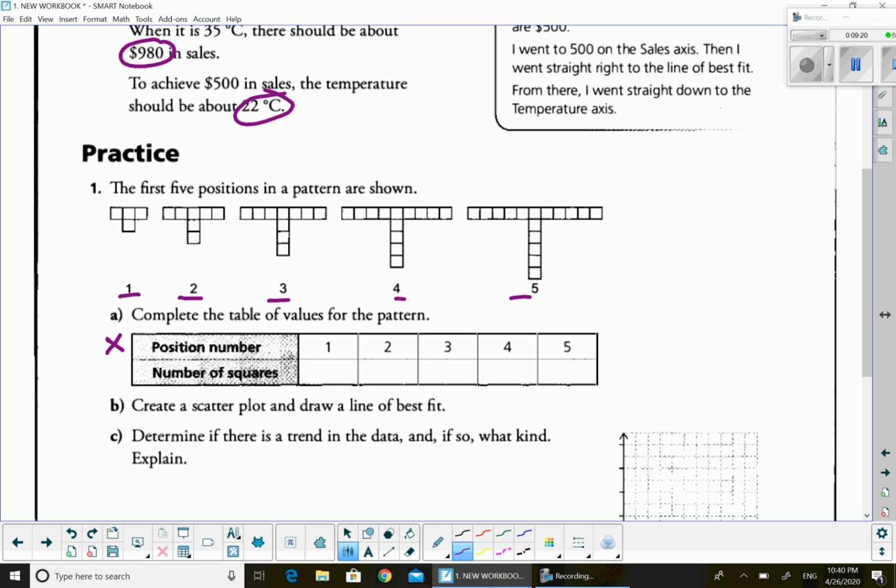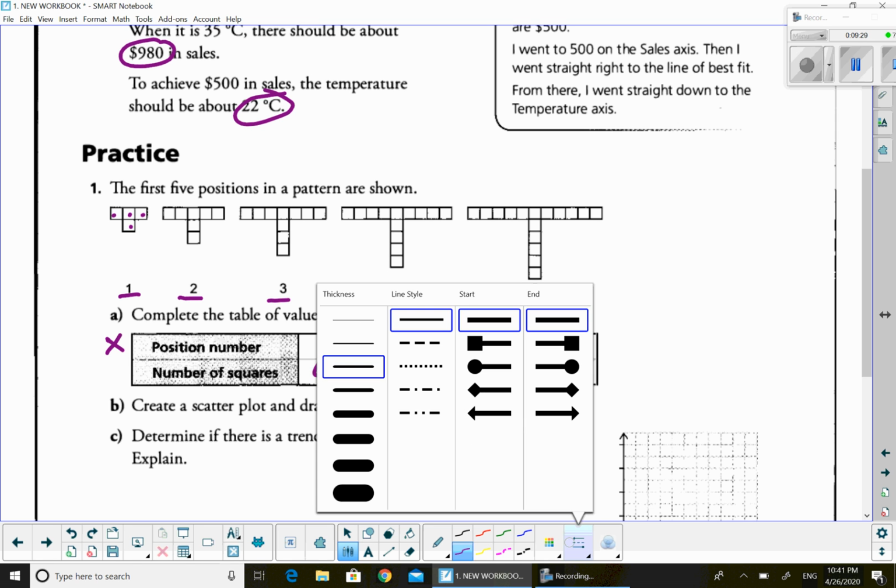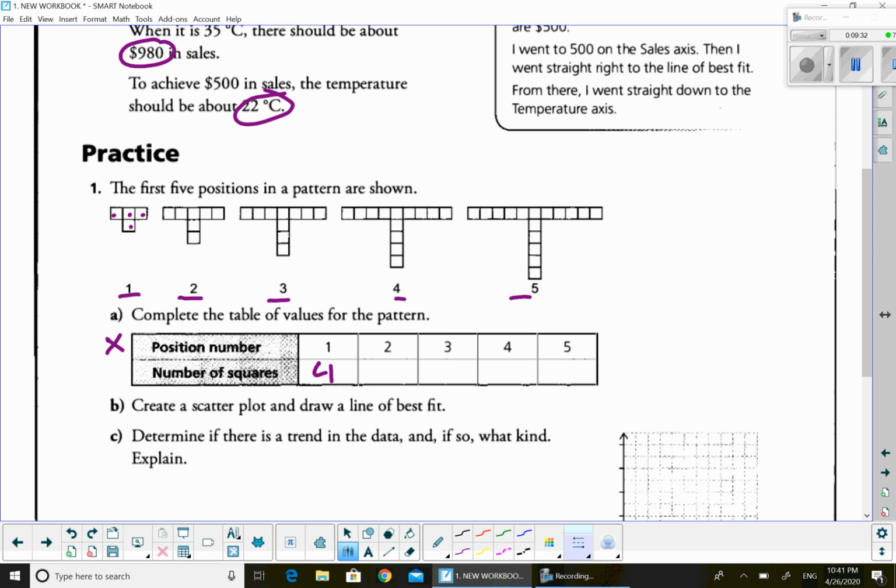So we're going to count the number of squares for the first one. So we have 1, 2, 3, 4. There's 4 here. On the next one, there's 1, 2, 3, 4, 5, 6, 7. There's 7. And then 1, 2, 3, 4, 5, 6, 7, 8, 9, 10. And the next, 1, 2, 3, 4, 5, 6, 7, 8, 9, 10, 11, 12, 13. So I would ask you to pause the video here and without counting, maybe